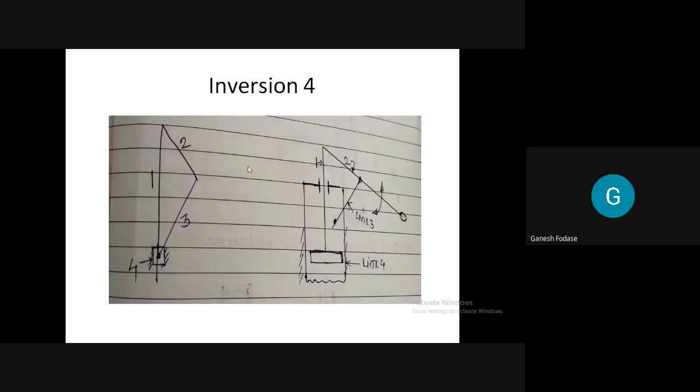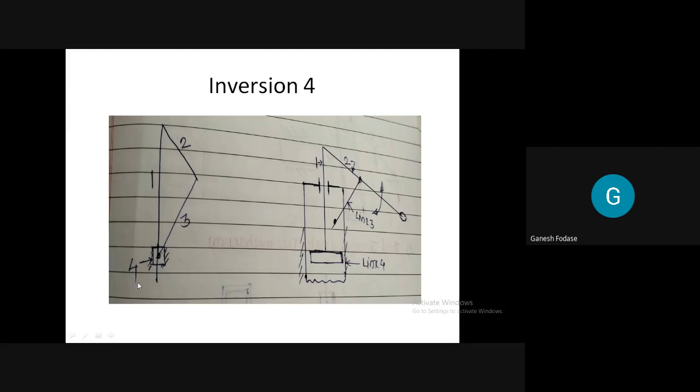Okay, now see the last inversion of the single slider crank mechanism. Remember these diagrams I drew, and purposefully I took a screenshot of my notes on the slides. You can see now here for understanding purpose, because 3D does not always give you the correct solution. See here, this is your slider mechanism diagram. Now tell me, when the first inversion is obtained, which link is fixed? Link 1, that is the frame. When I fix link number 2, then you obtain the second inversion. Examples are known to you. We just saw link number 3 inversions when link 3 is fixed, and the last one when link number 4 is fixed, the inversion we obtain is inversion number 4.